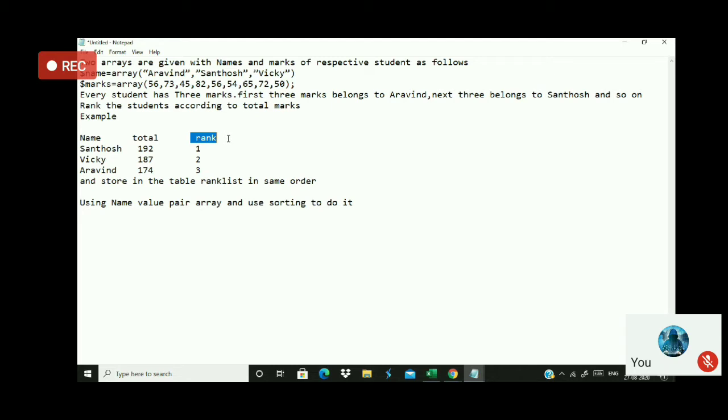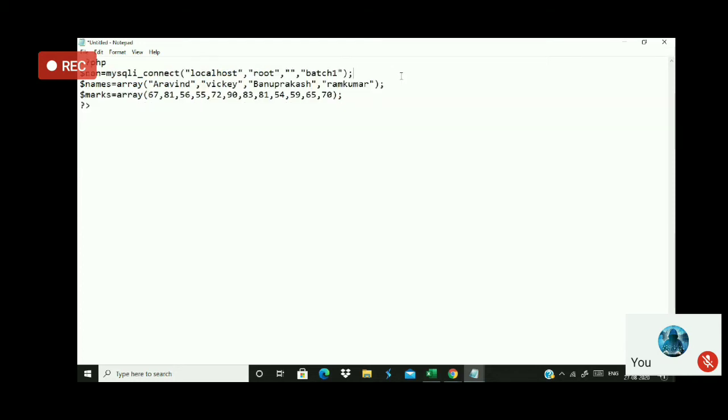Now you first have to check whether the table exists. If the table does not exist, you have to create it. Now listen here, I first have to check whether the table rank list exists inside. How to check whether it exists? Can anyone tell me how to check it?